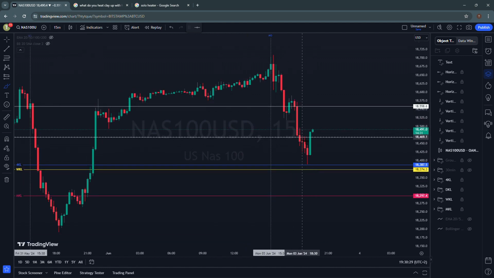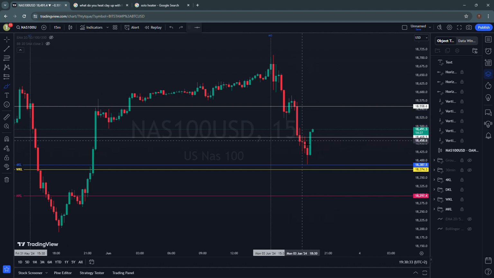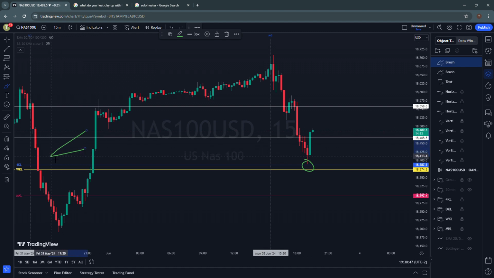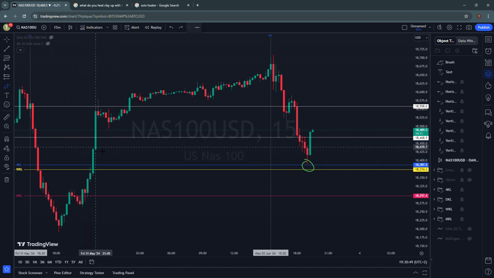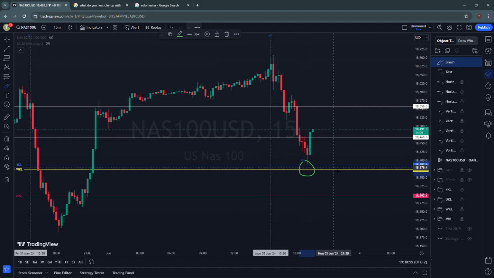I actually took profits around this zone over here, but I am thinking what the best thing would have been was to go and respect our key levels, which, as you can see, even though it was a bit choppy over here, ended up coming right down to our 4-hour key level right there. So that's really amazing, how now we could have looked for a buy opportunity, but to be honest, the